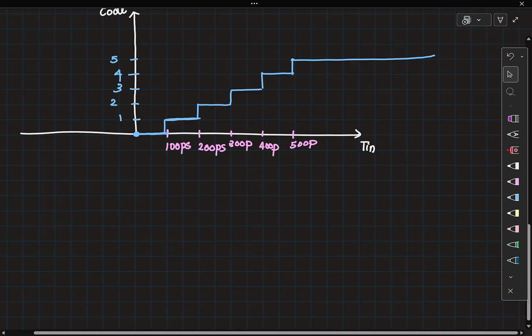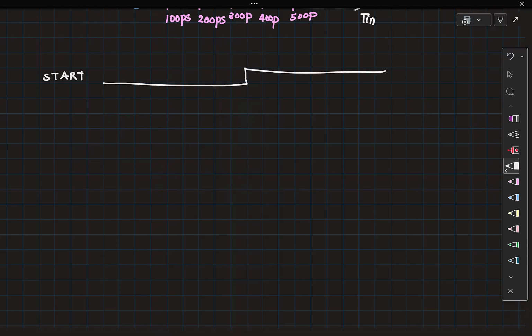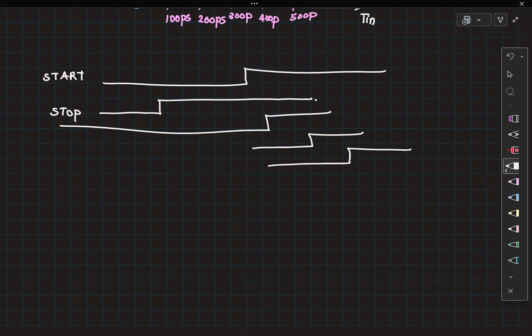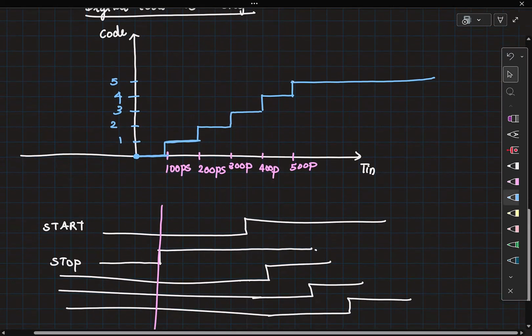Okay, so the scenario I'm giving you now is that it will remain at 0, right? So your start is going high somewhere here. Your stop has gone high here, right? Now all the other phases of start that you have generated are going to appear after the rising edge in the start, right? Which means they are all 0 at the instant stop is occurring. So if you were to sample at this edge, it's simply going to sample all zeros, right? So in particular, this particular TDC cannot measure a negative delay. It will simply give you 0.